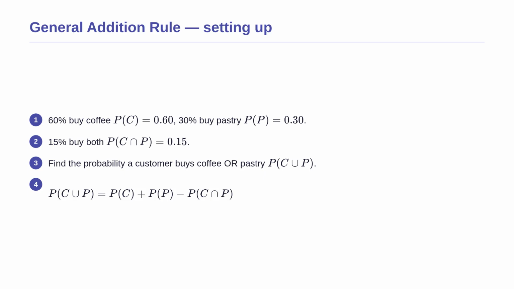Imagine a small coffee shop. On a given morning, 60% of customers buy a coffee and 30% buy a pastry. However, 15% of customers buy both a coffee and a pastry. We want to find the probability that a randomly selected customer bought a coffee or a pastry. We cannot just add 60 and 30 because some people bought both, meaning they are counted in both groups. We set up our general addition rule formula using these specific given variables to find the true probability.